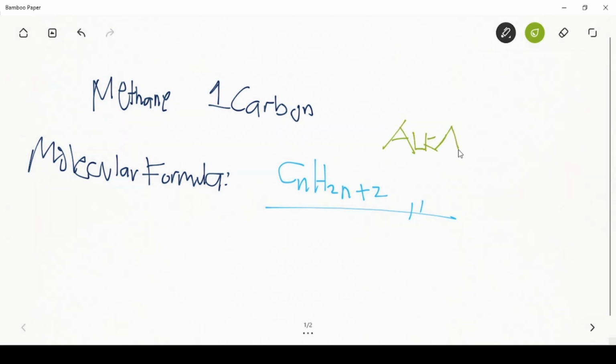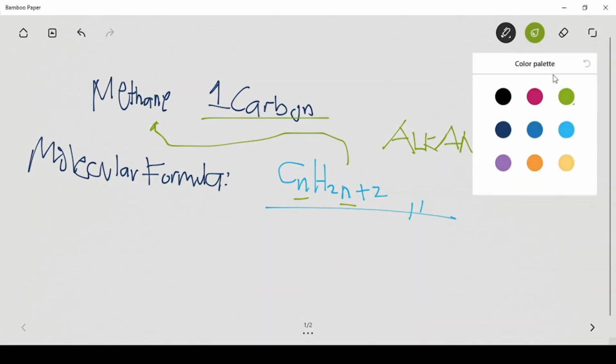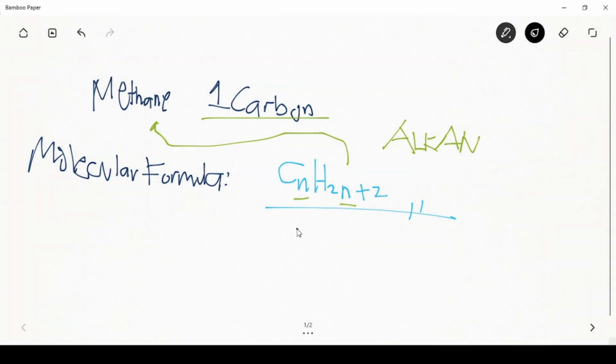Now, the letter n here represents the number of carbons present in a compound. So in methane, there is only one carbon atom. Therefore, the n here will be substituted by number 1. Okay, so it will become C1